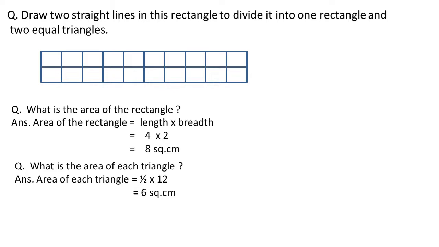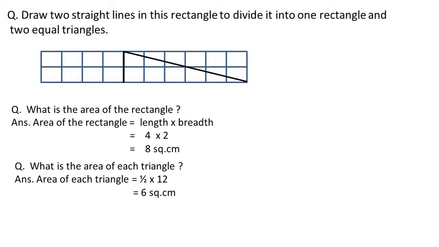First of all, we'll try to divide by a line, and I will make two rectangles first. They are asking for one rectangle. First of all, we will divide this rectangle into two rectangles. Let us see. Yes. So here comes the line, and that line divides this rectangle into two parts. So one is a smaller rectangle, another one is a bigger rectangle. Now they have asked us to divide this rectangle with two straight lines. One straight line we have used, let us use the next one.